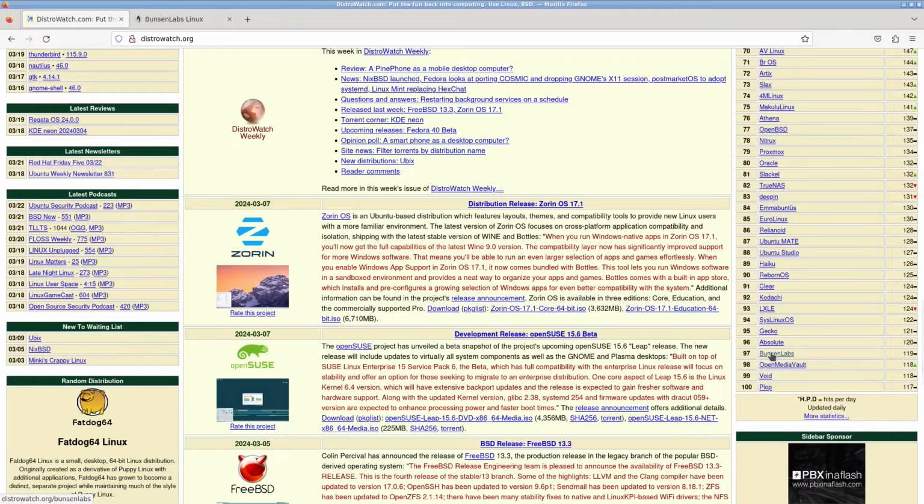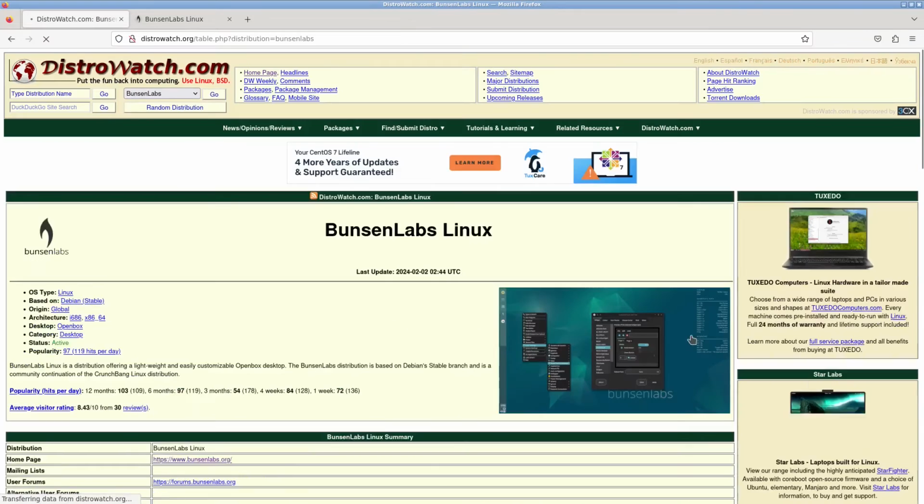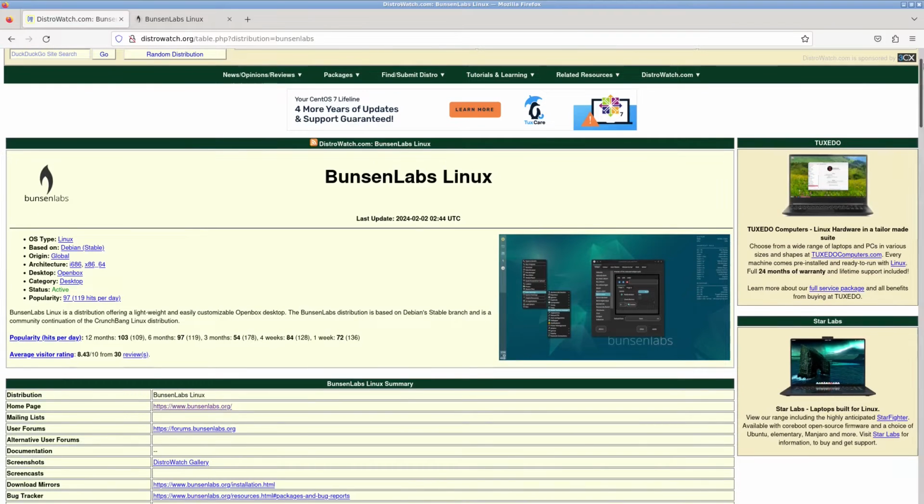Now BunsenLabs was born out of Crunchbang Linux, which is a former distribution that actually went bang a few years ago. It's incredibly lightweight. It's based on openbox as well, so similar to my host machine, it's openbox based, and you can see by this screenshot it's based on Debian stable, as is my own distro here that I'm using as my host,